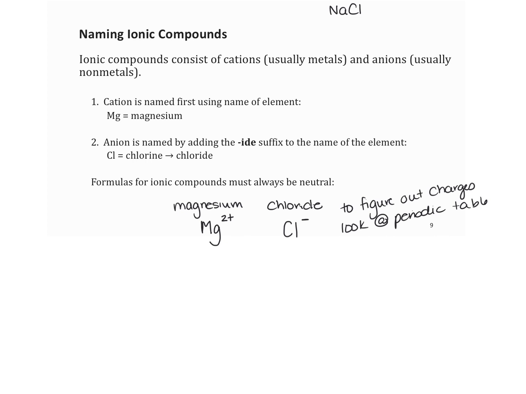So magnesium has a +2, chlorine has a -1. Those don't equal. If you add them up, that gives us a +1. That's not neutral or 0. So that means we need a second chlorine. When we add all the charges up here, that gives us -2. When we add the charge here, that gives us +2. When we add those together, that gives us 0, and that's